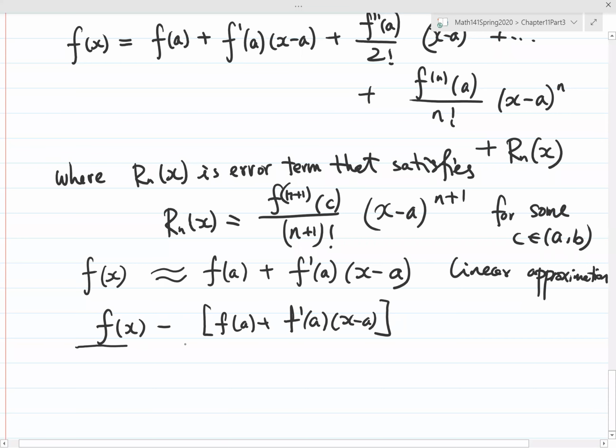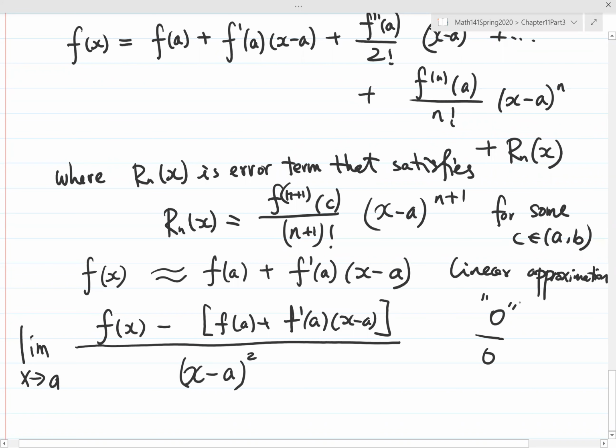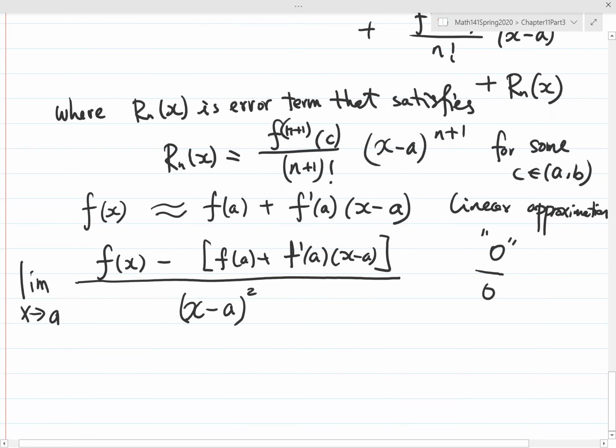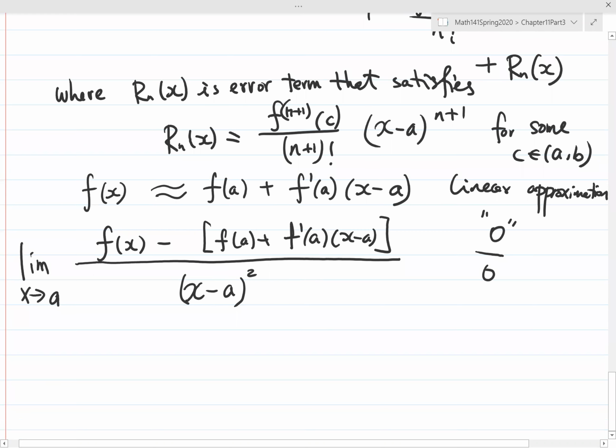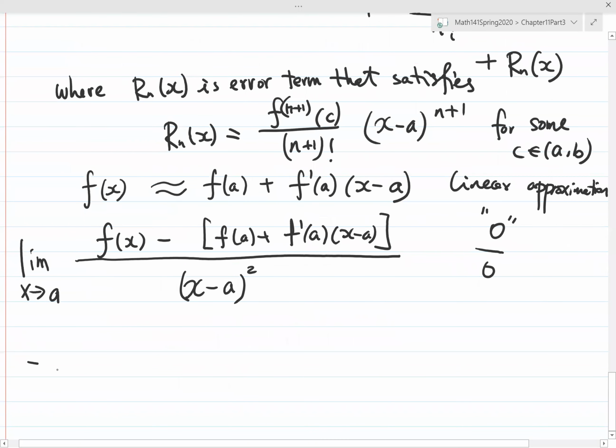Then in the linear approximation, we already get the degree 1 term, x minus a. So we divide by (x minus a) to the power 2, and find this limit as x goes to a. This turns out to be 0 over 0. Then actually you can apply L'Hopital's rule. Okay, if you apply L'Hopital's rule,